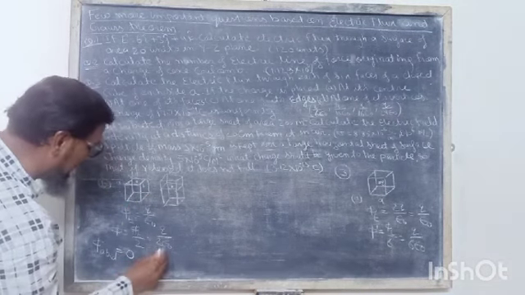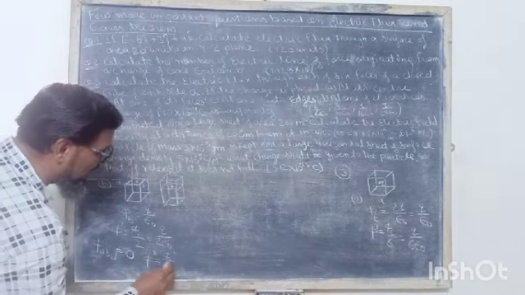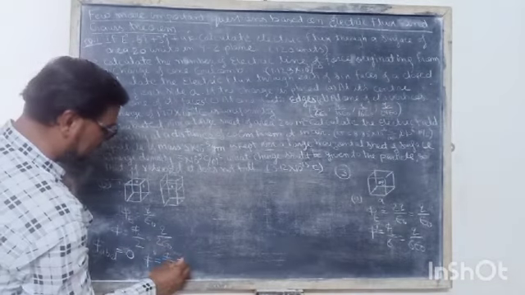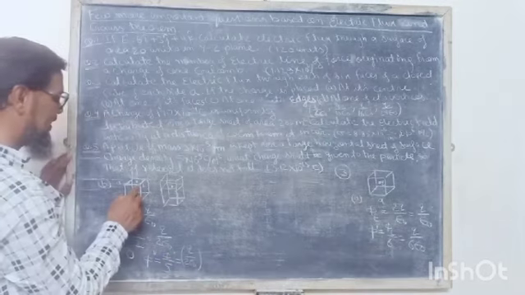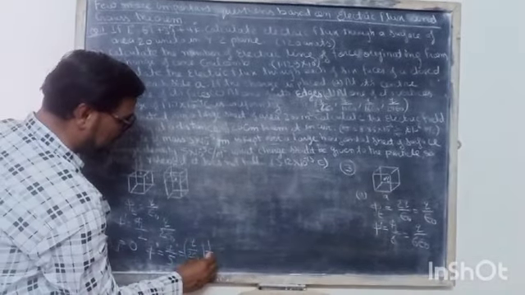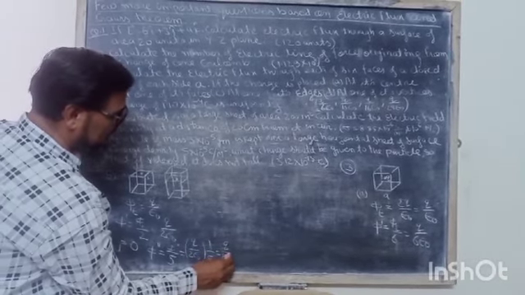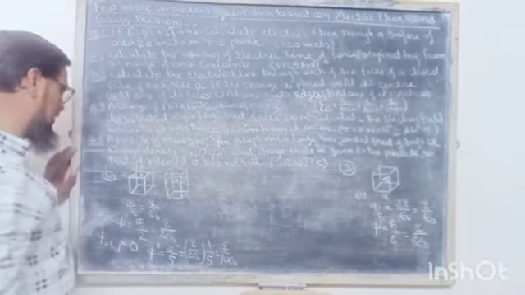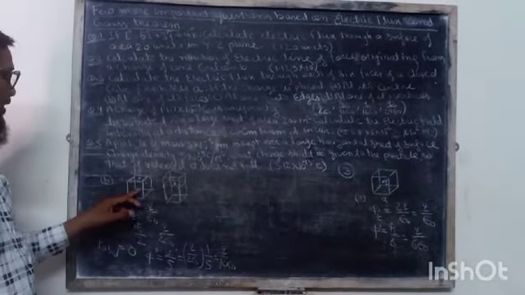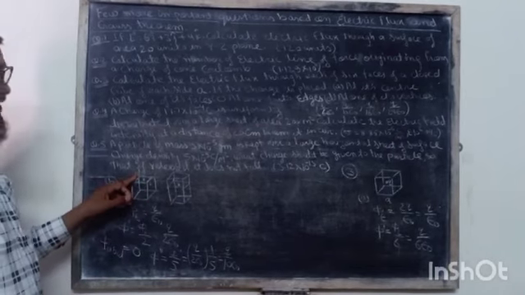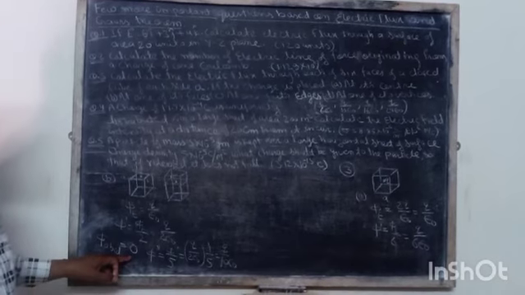For the remaining 5 faces, 1, 2, 3, 4 and the lower one face, these 5 faces will be phi double dash is equal to phi dash upon 5. So it will be equal to Q upon 2 epsilon naught for this cube, divided by 5. So Q upon 10 epsilon naught will be the electric flux linked with each of these 5 surfaces, and electric flux through this surface A, B, C, D will be equal to 0.